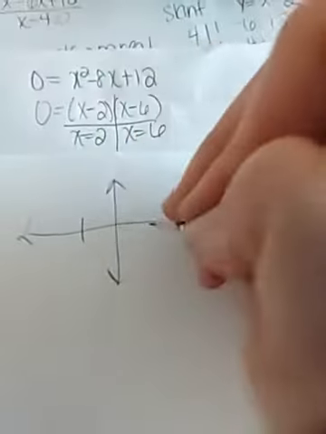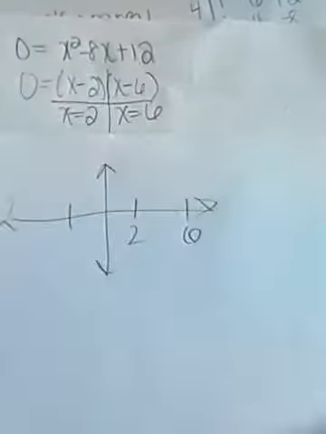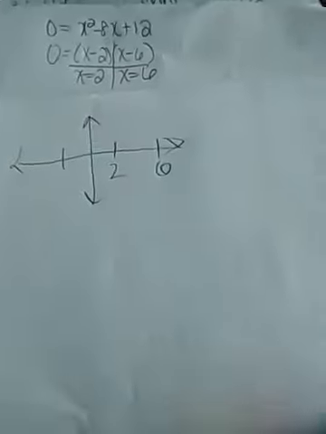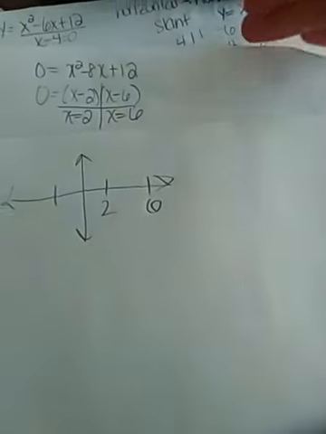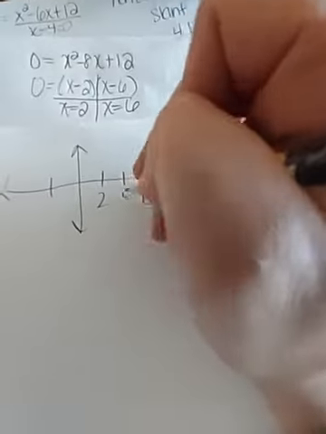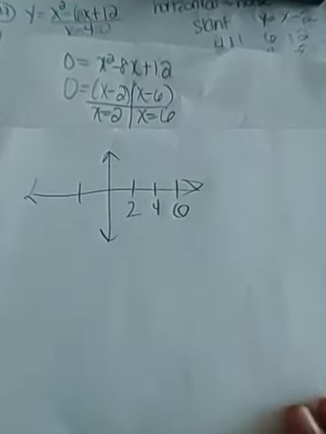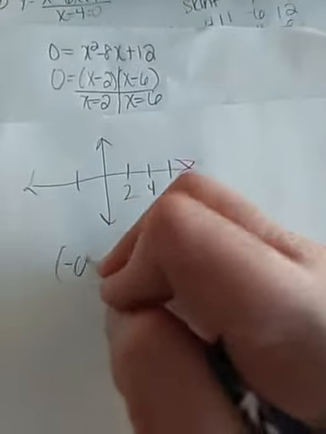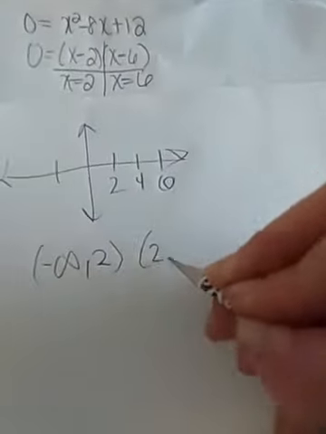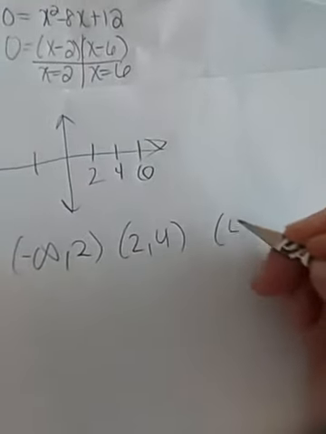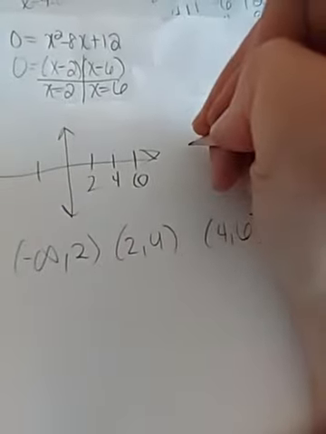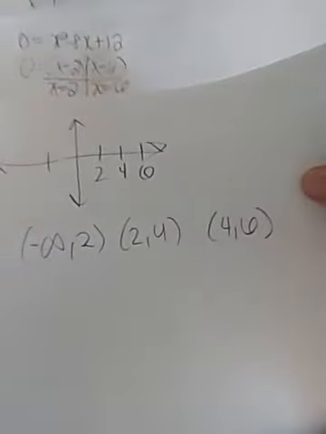So 2 is an important number, 6 is an important number, and then I also had my undefined value in the very beginning of 4. All right, so we're testing from negative infinity to 2, 2 to 4, and 4 to 6 into the first derivative. The first derivative is, gotta go back now,